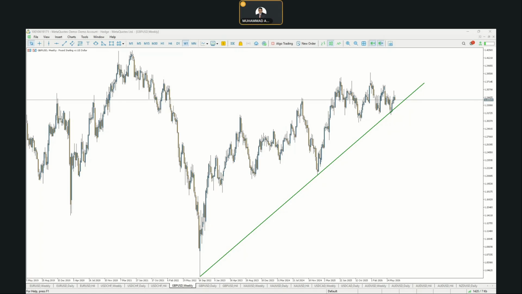Why did GBPUSD move up? Well, there are several factors that contributed to the bullish move in the pound dollar currency pair. For example, GDP rose 0.1%, above the 0.0% forecast. The previous reading was minus 0.1%. So the economic growth improved from the previous negative reading.